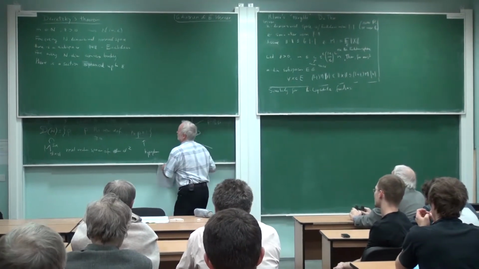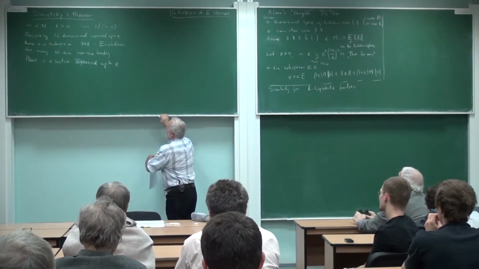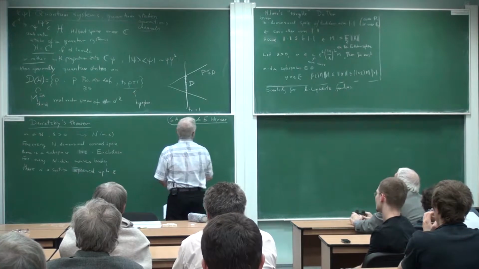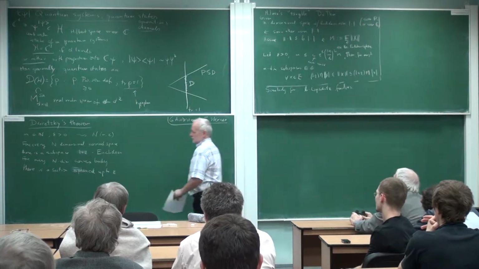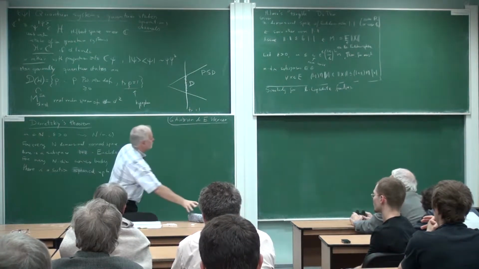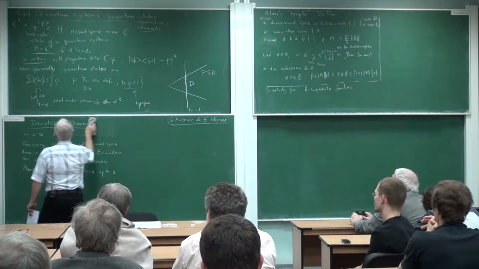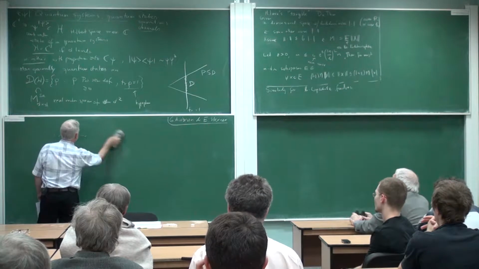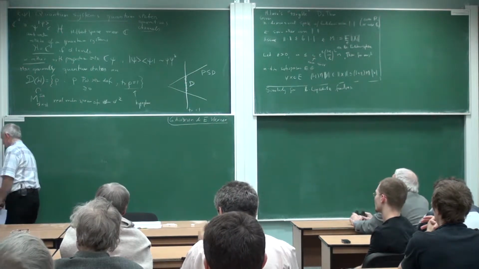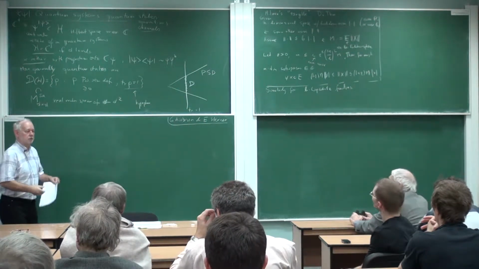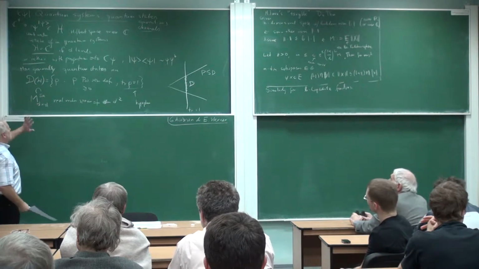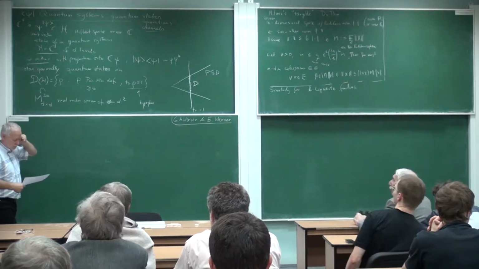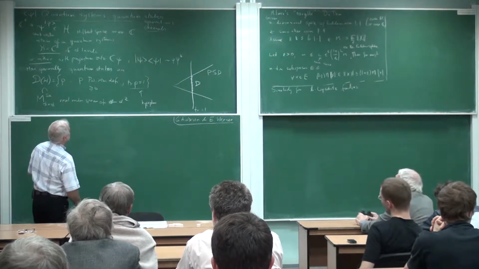Okay, so now let's erase this and go further. In quantum information theory, those are the objects. Maybe I should mention that